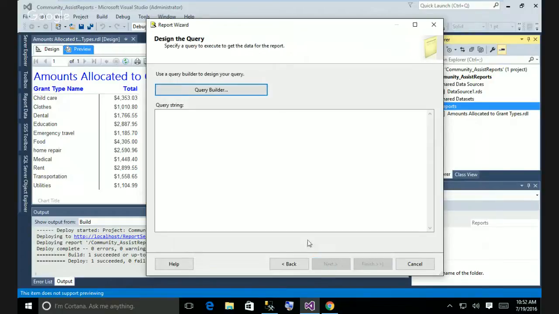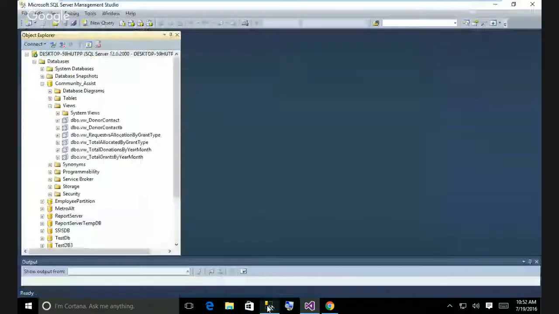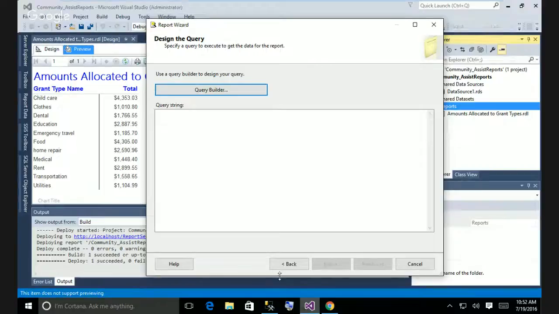I'm going to do this in the query. Let me see which query I want. Let's do total donations by year, month. Or do we want total grants by year, month? Let's do total grants by year, month. So again, I'm just going to do select